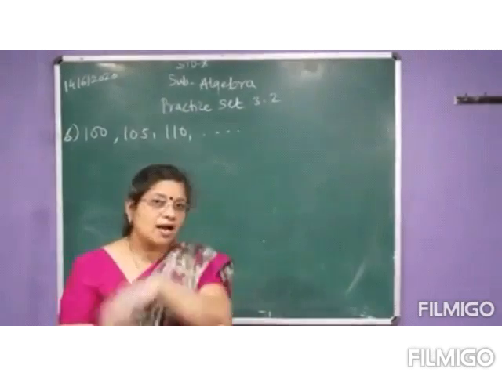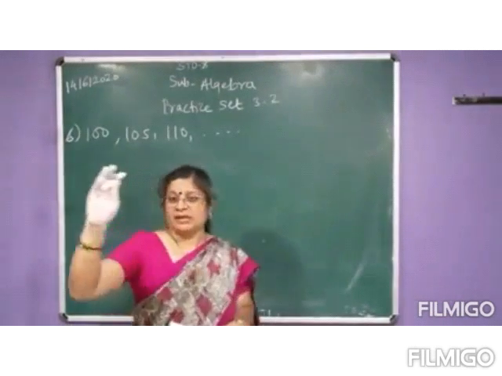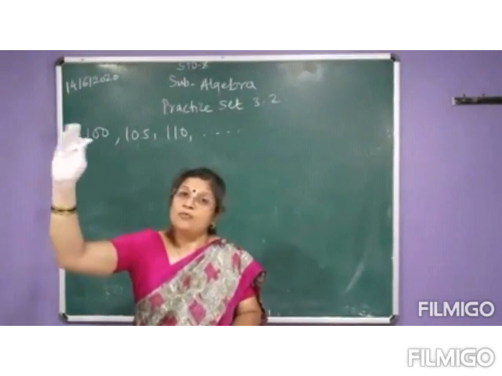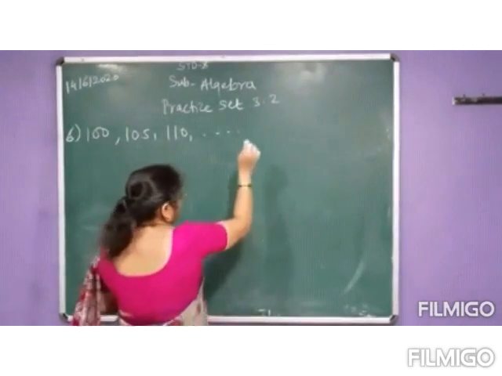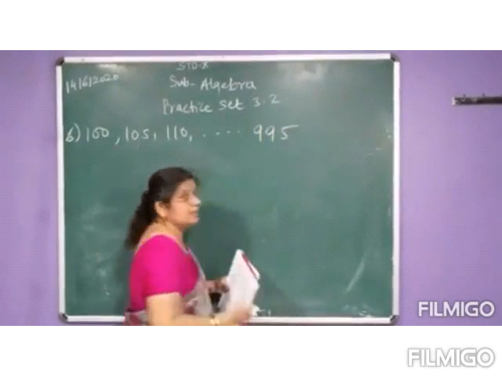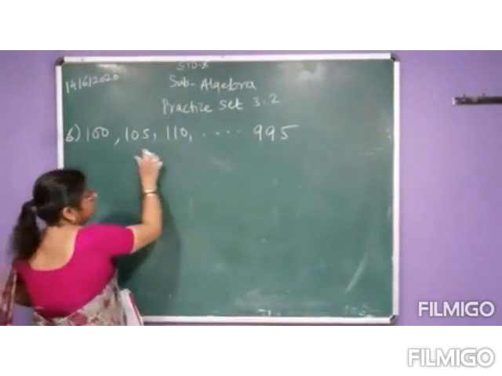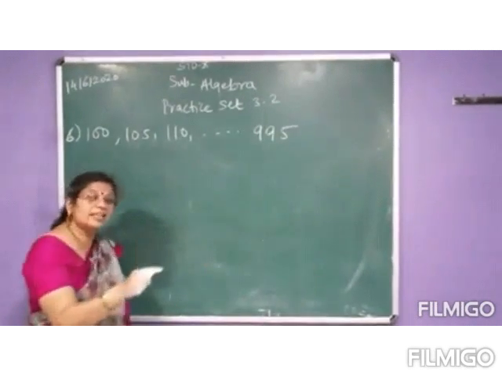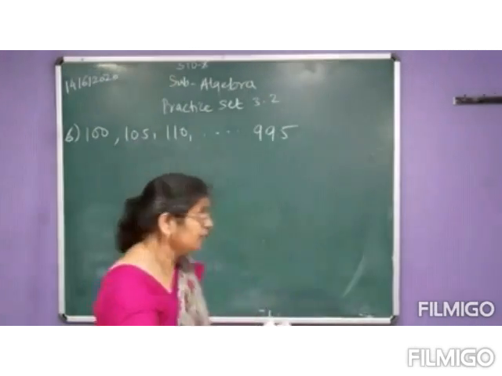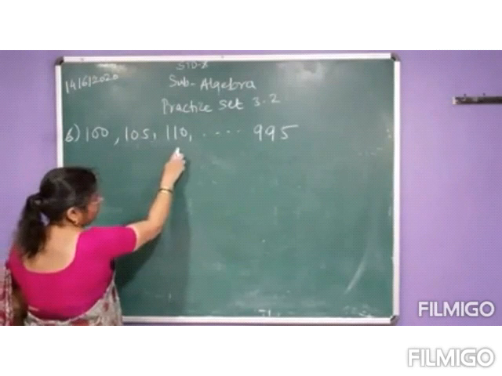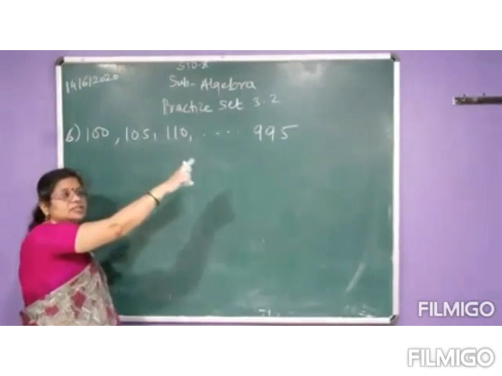Now what is the last 3-digit number which is divisible by 5? Because 1000 is a 4-digit number and the condition given is a 3-digit number, 995 is the last number which is divisible by 5. Correct? So this is our arithmetic progression, which is not given but you have written using divisibility by 5. So now 100, 105, 110 and the last number is 995, which is the highest 3-digit number divisible by 5.